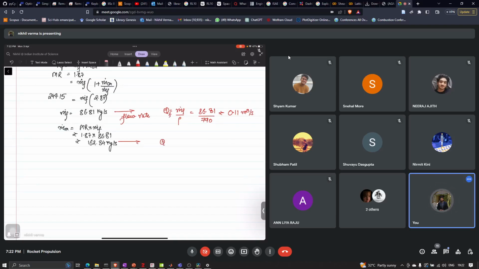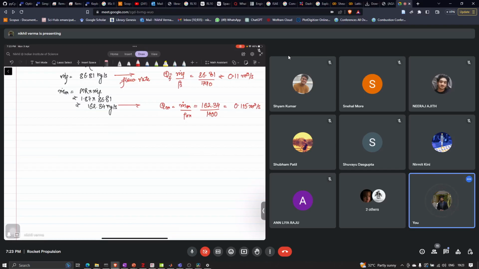Similarly, we'll have for the oxidizer, this is the density of the oxidizer. This is 162.34 divided by 1400. So this is 0.11 meter cube per second. Okay, so now we can calculate with these things